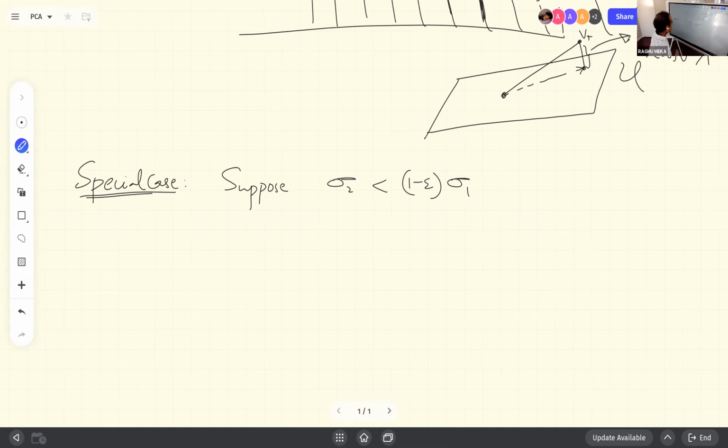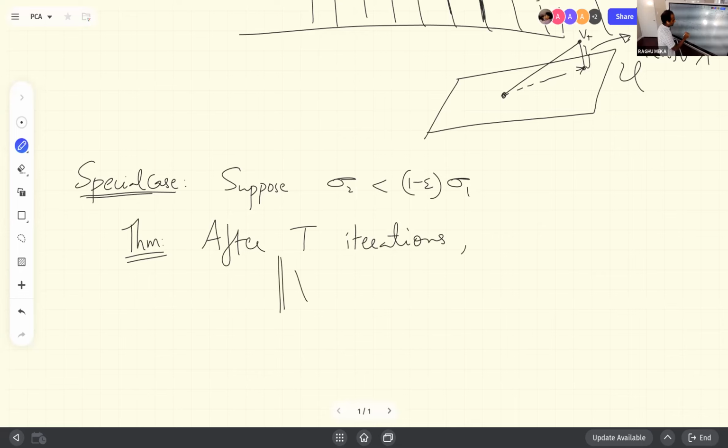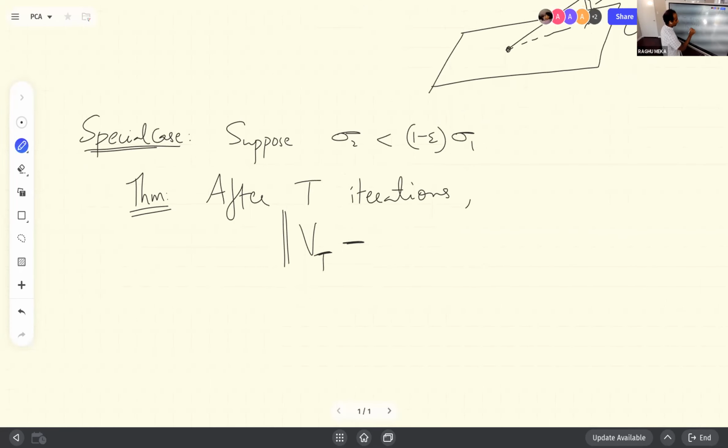In this case you can conclude that after t iterations, the distance between Vt and V2, the first singular vector, is at most